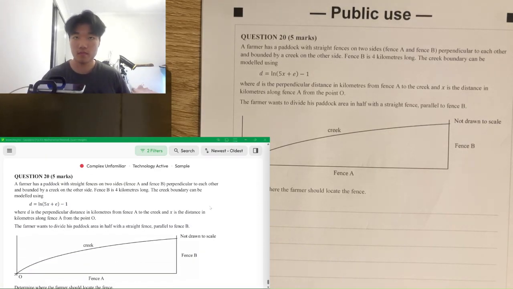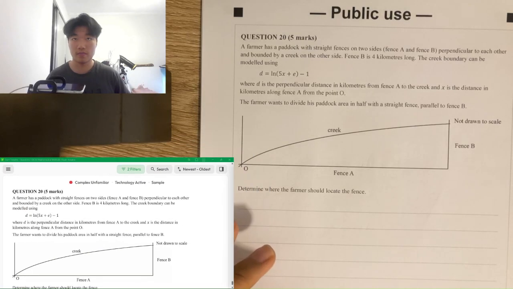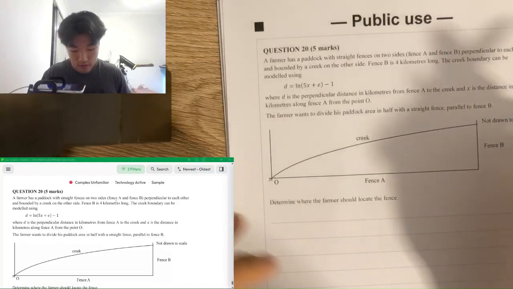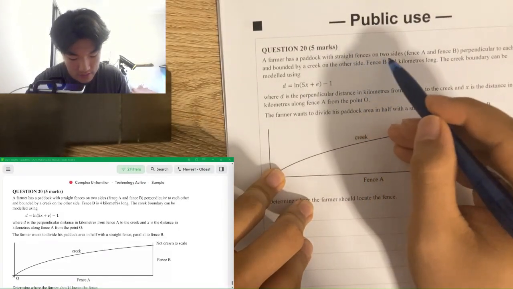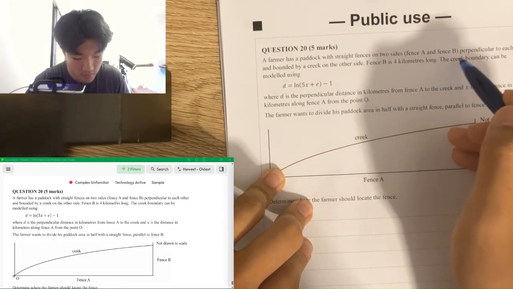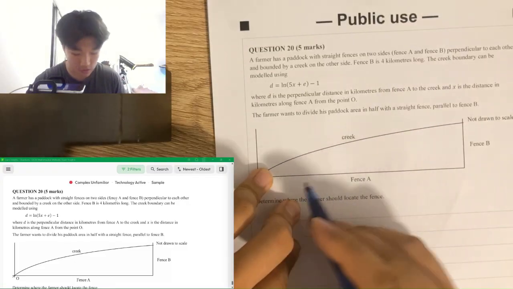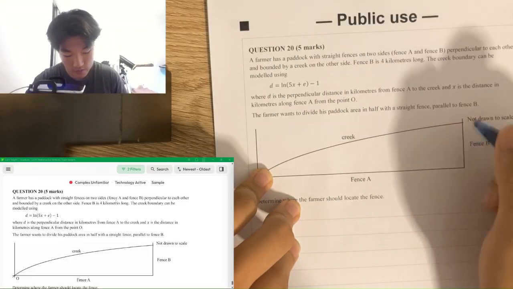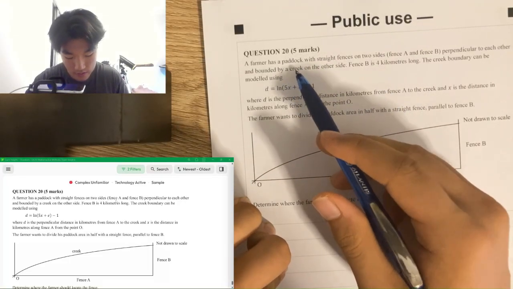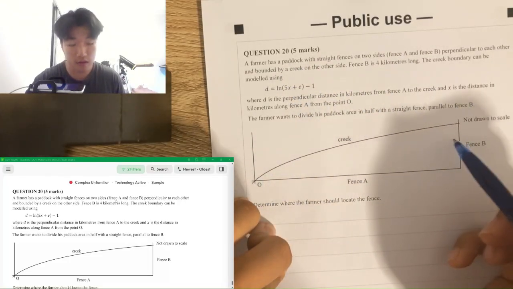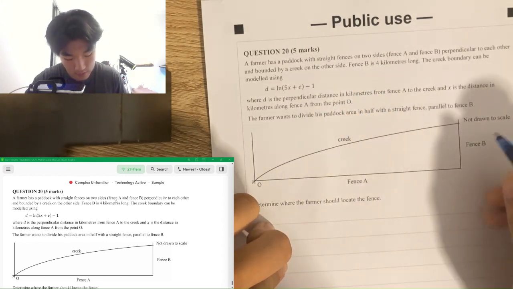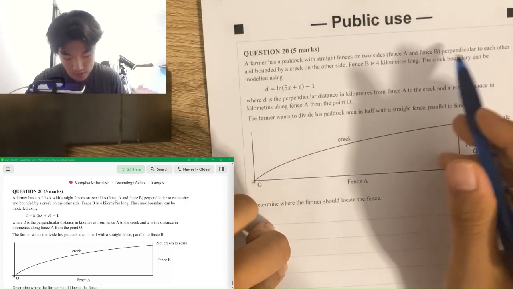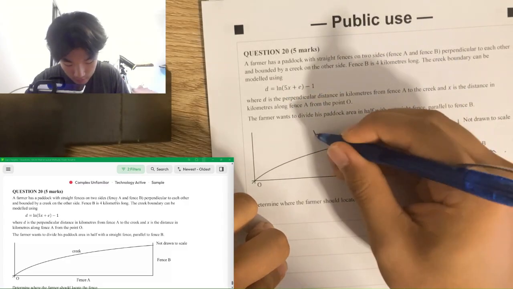Wow. This one doesn't look that difficult either. It's also 5 marks. A farmer has a paddock with straight fences on two sides, fence A and B perpendicular to each other, as shown on the diagram. Okay, they're straight fences, which makes sense. Bounded by a creek on the other side, thank you for the labeling. Fence B is 4 kilometers long. This can be modeled using